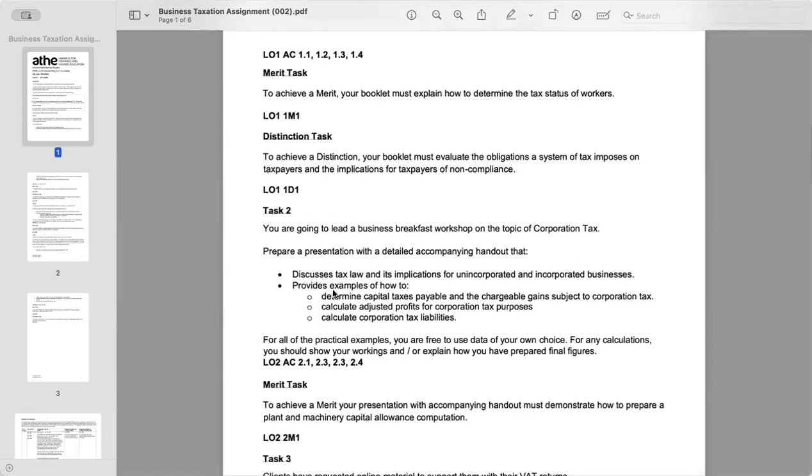you are going to lead a business breakfast workshop on the topic of corporation tax, prepare a presentation with a detailed accompanying handout that discusses the tax law and its implications to unincorporated and incorporated businesses, provide examples of how to determine capital taxes payable and the chargeable gains subject to corporation tax, calculate adjusted profit for corporation tax purposes,